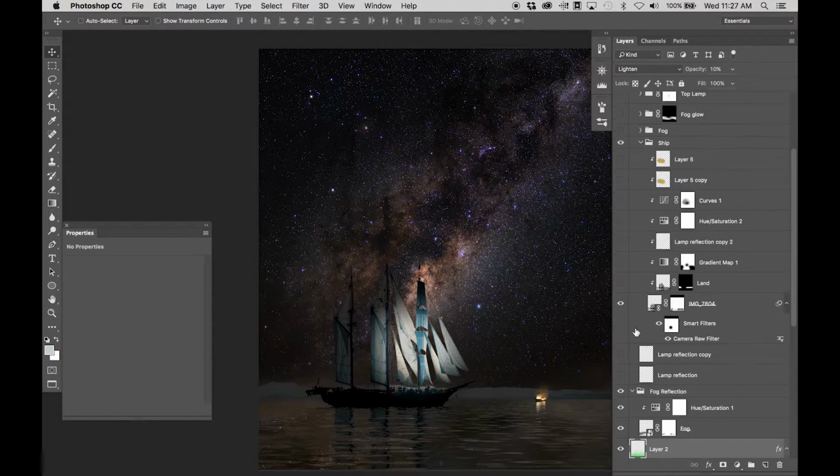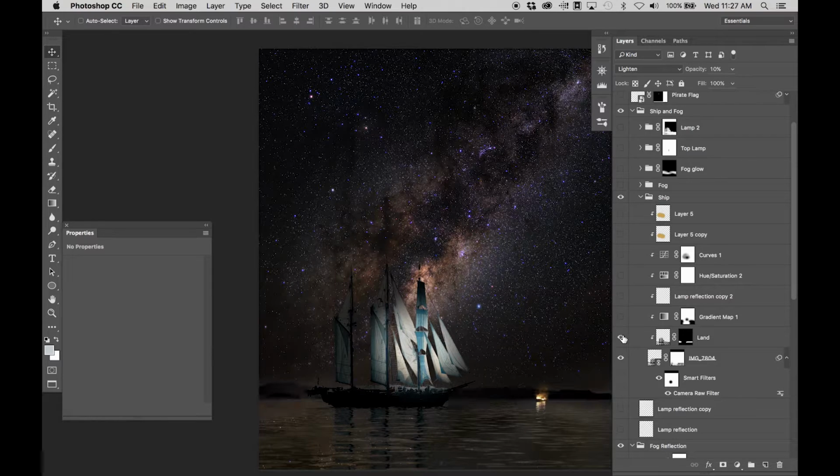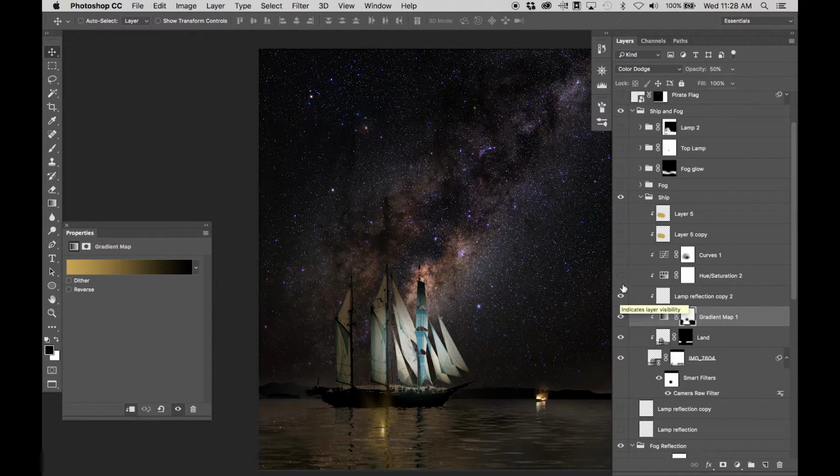Now I'm just going to go through and add these layers one by one. So this one's to darken up the landscape there. This one is to add a little bit of colour, so gradient map, and then masked out. So you can see there, that's the colours that are going through light to darks. And then I've just masked out an area where the lamp is, because there's two little guys with lamps in there. So there's a reflection of one lamp,